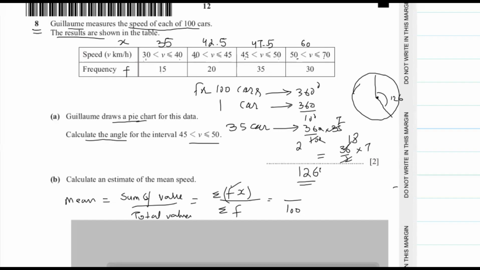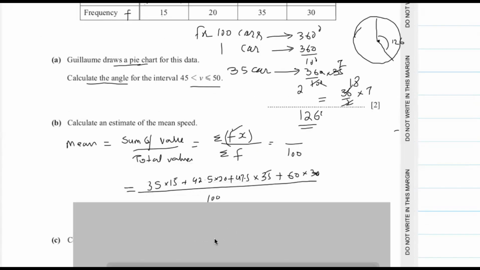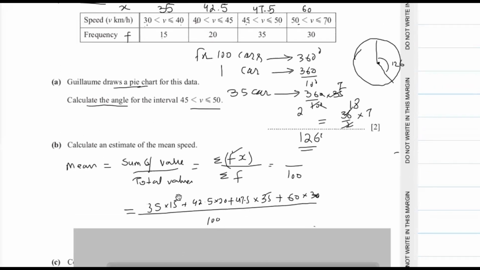We can calculate the sum of values if we multiply all these values by the frequencies and add them. We can multiply 35 into 15, 42.5 into 20, 47.5 into 35, and 60 into 30. We will add all these values, we get